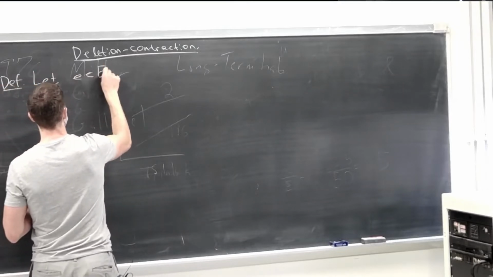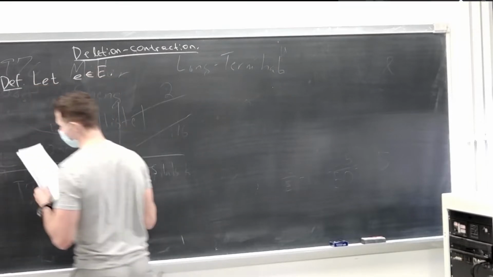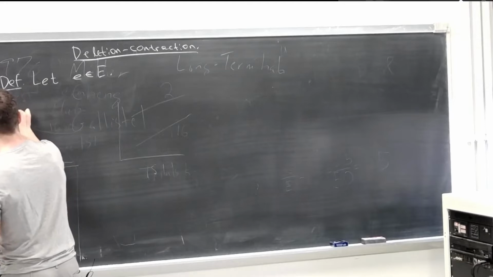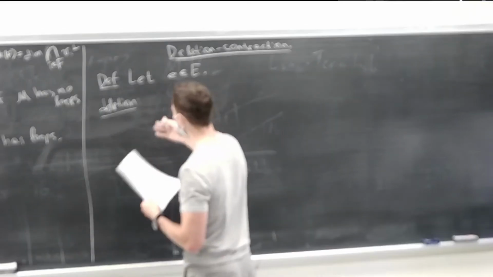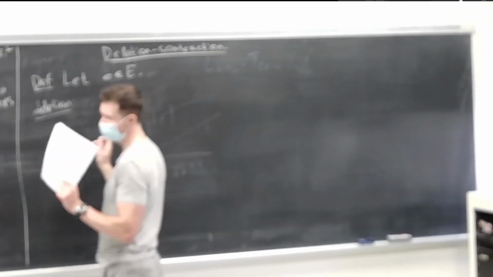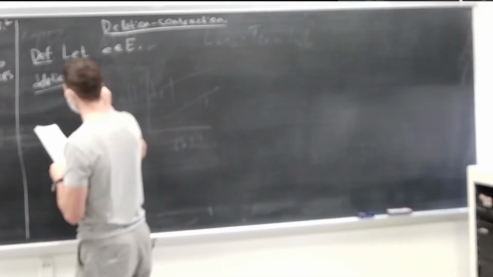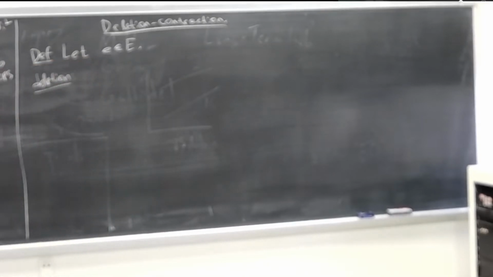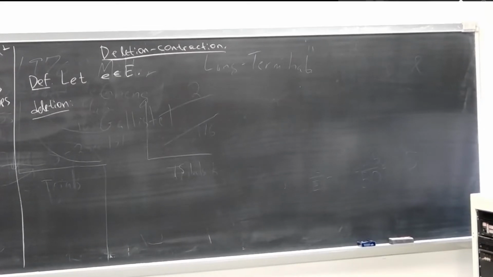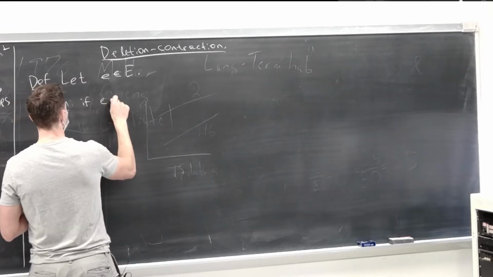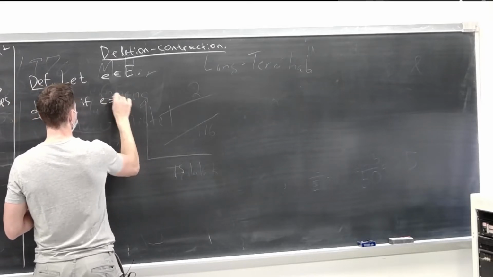Let's say I give you an element E of a matroid, and I want to define deletion. There are ways to define deletion when E is a loop, but I think the best way to represent these constructions is this: if you have a graph which has a loop, you can just delete it. But if it has a coloop, remember we're only working with connected graphs, so you're not allowed to remove the coloop. So if E is not a coloop,